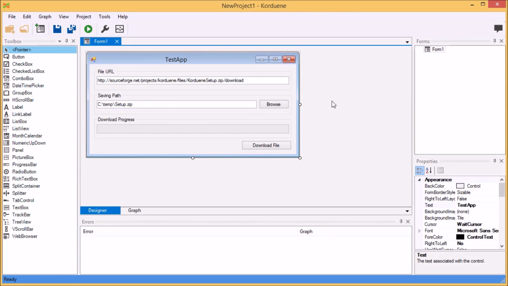I'm the developer of Korduene, and I'm going to be showing you how Korduene works. Korduene is a visual programming IDE that allows you to create applications with ease. Korduene comes with an easy-to-use interface. Even if you have never used it before, I'm pretty sure you're not going to have a hard time figuring